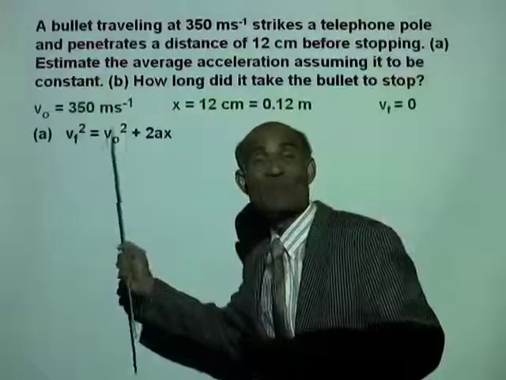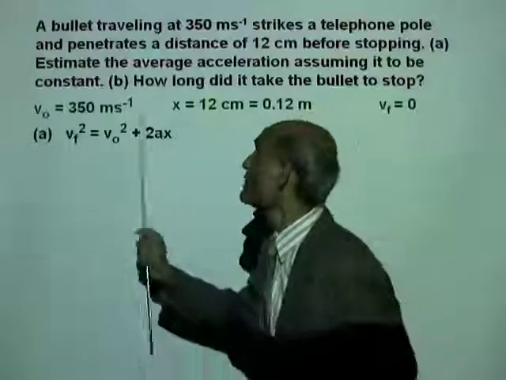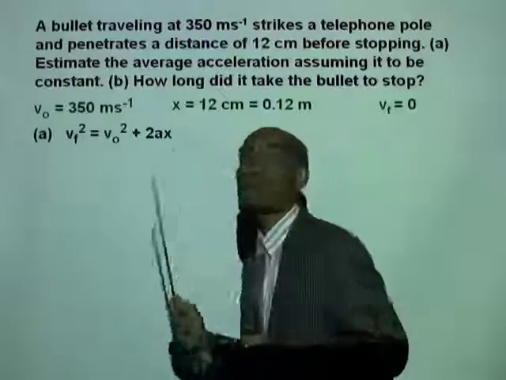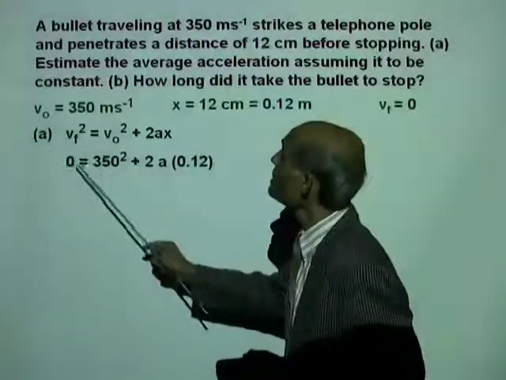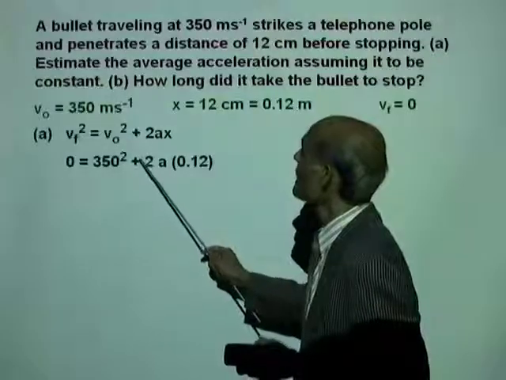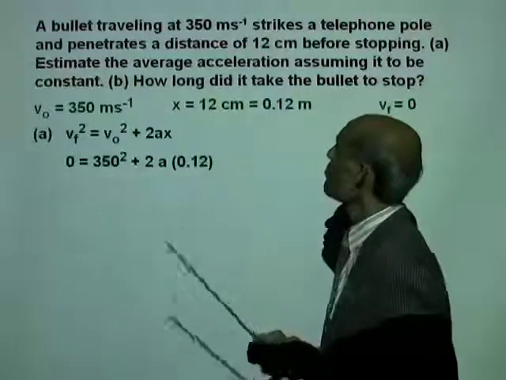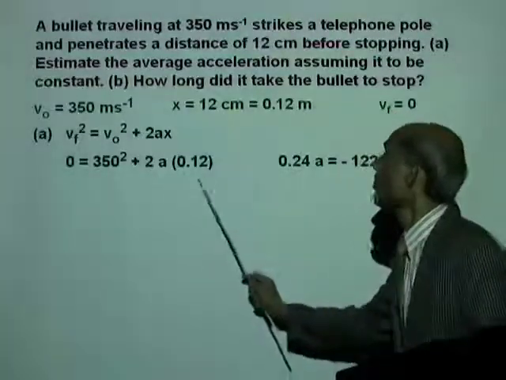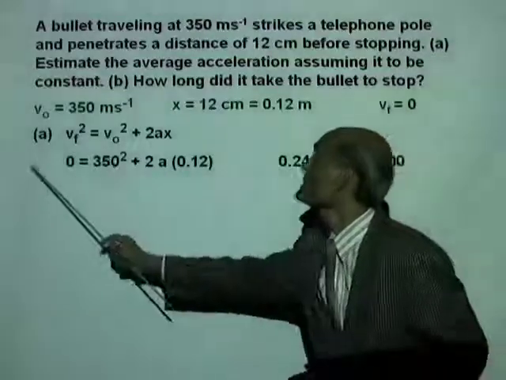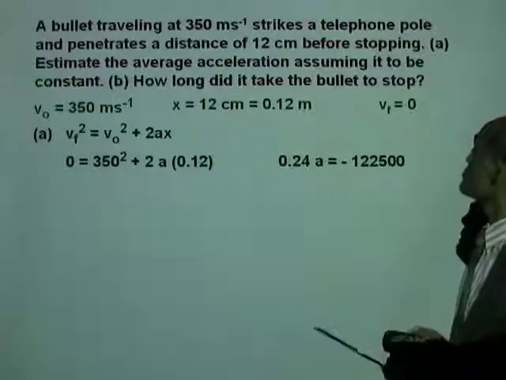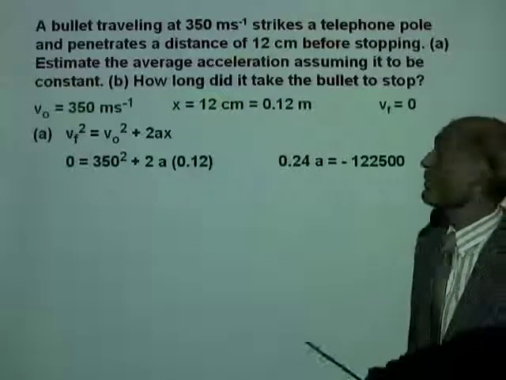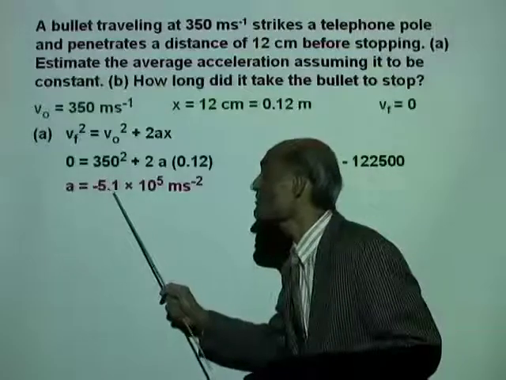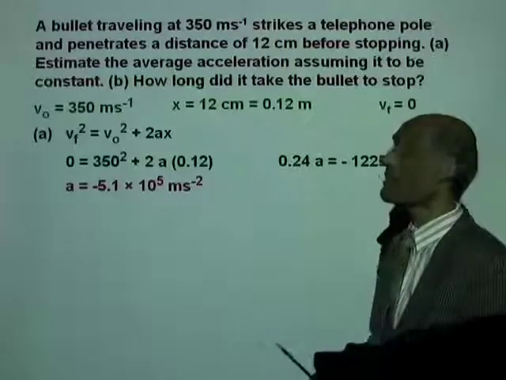Look at this. Again, the equation that does not contain time. We know Vf, we know V0, we know X. We can find A. So use all those values. 0 equal to 350 squared plus 2A times 0.12. Solve for A from there. 0.24A equal to negative 122,500, or A equal to, look at this acceleration, A equal to negative 5.1 times 10 to the 5 meter